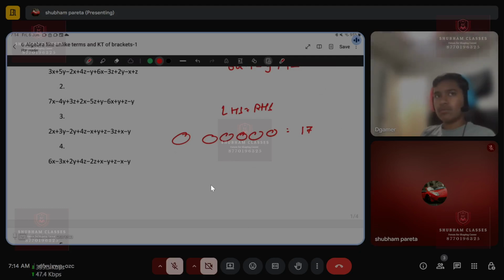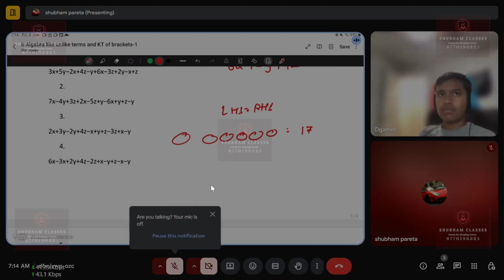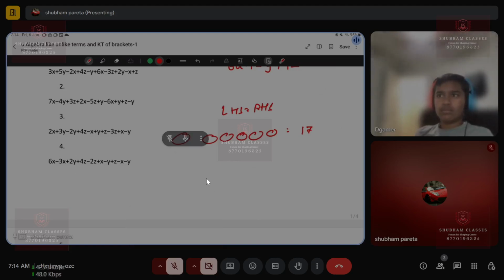Okay, these are basics, and there may be small things, like today you had some confusion about like and unlike terms, that has been removed, right? Today you learned something, but now you have to practice it, and practice comes from a variety of questions. You should understand the language of the question, how the examiner asks different types of questions, etc. That can only be done through my PDF. It is not like, yes, now I understand, there is no need to do the questions. No, it is not like that.